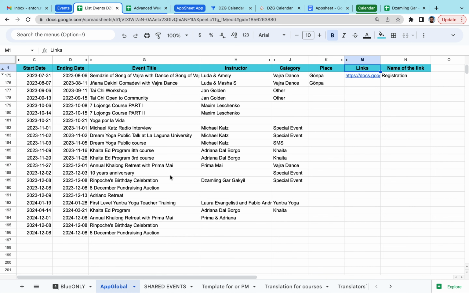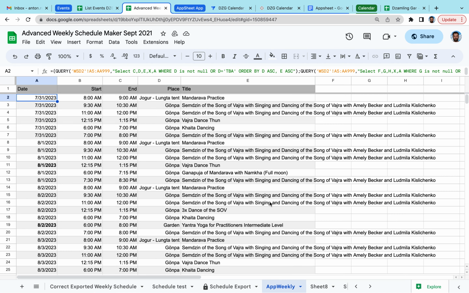More or less, it will be automatic, as you can see. And the same for the weekly schedule, it will be totally automatic. We just need to decide that we, for example, show 2 weeks, and in this way it would be easy for people to see the weekly schedule.